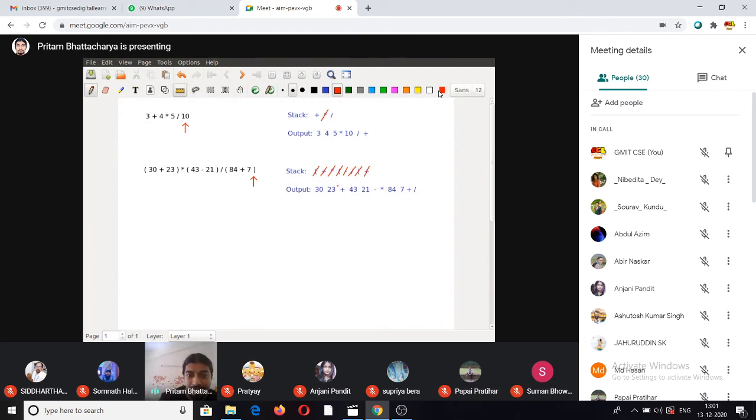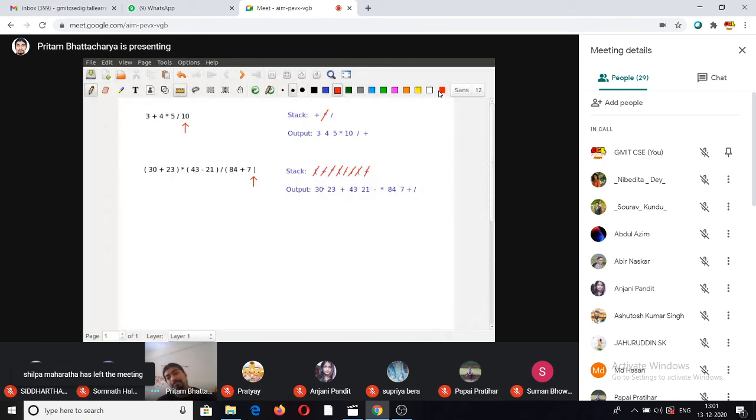As you might have guessed, infix means you have all operators in between two operands, right? So you cannot have two operators side by side. It has to be cushioned on either side by an operand. Postfix means you should have operands followed by the operator. Right, like here you have 3023, two operands followed by the operator plus, and 4321, two operands followed by minus. Then these two sub expressions, that is 3023 plus this entire sub expression, and 4321 minus this entire sub expression, these two sub expressions followed by star.